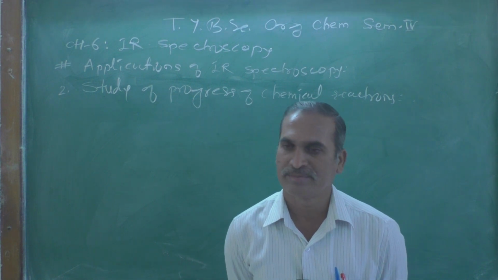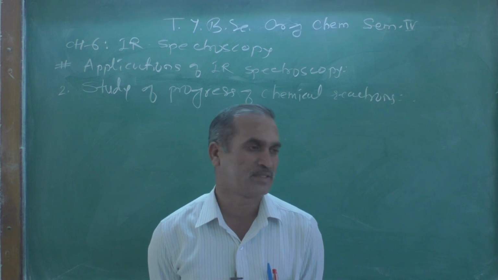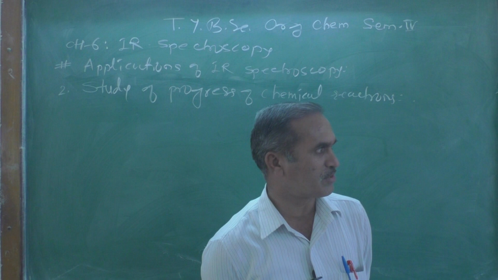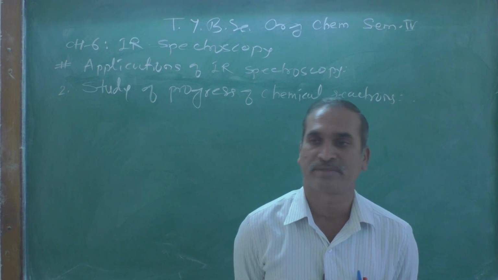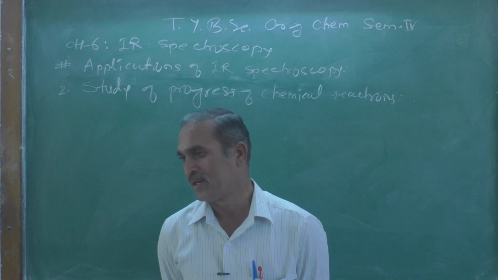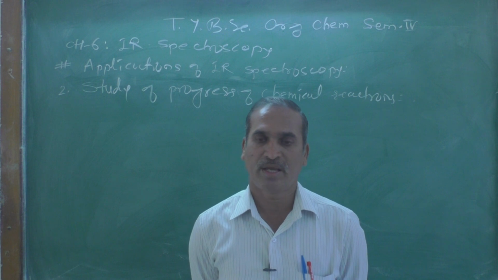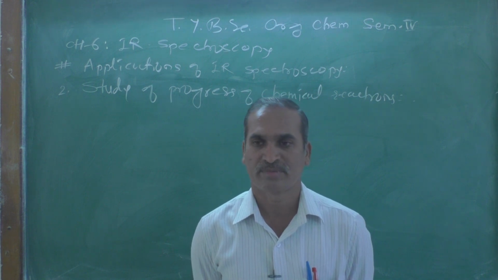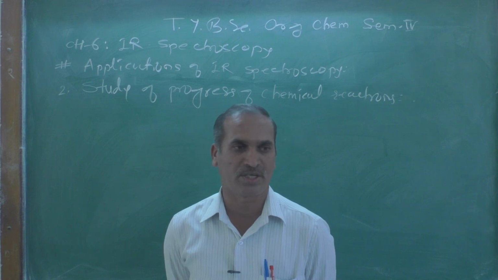The broad and strong peak, which suggests that there is hydrogen bonding, but we cannot distinguish whether it is due to intermolecular or intramolecular hydrogen bonding. Then for the distinction